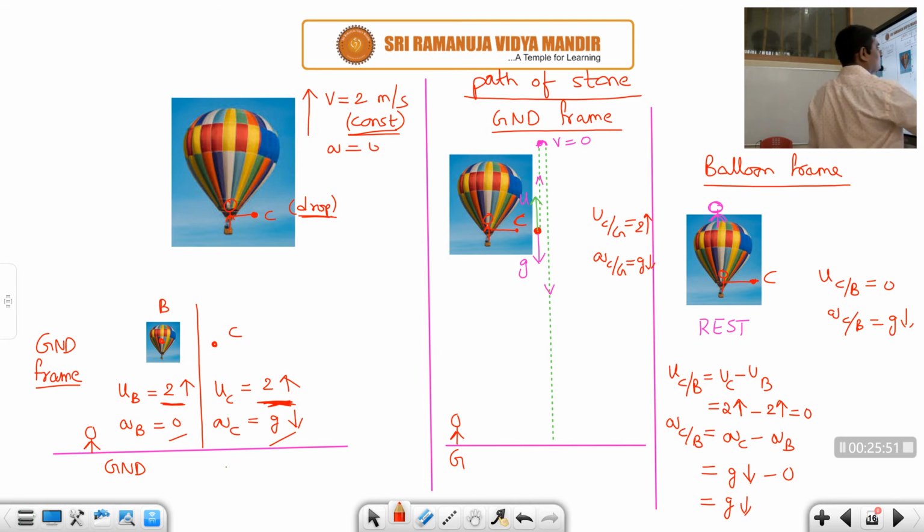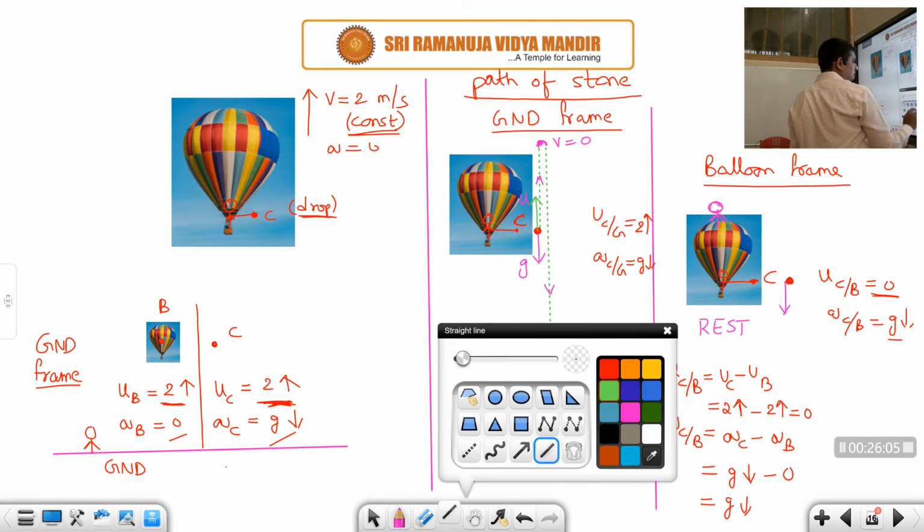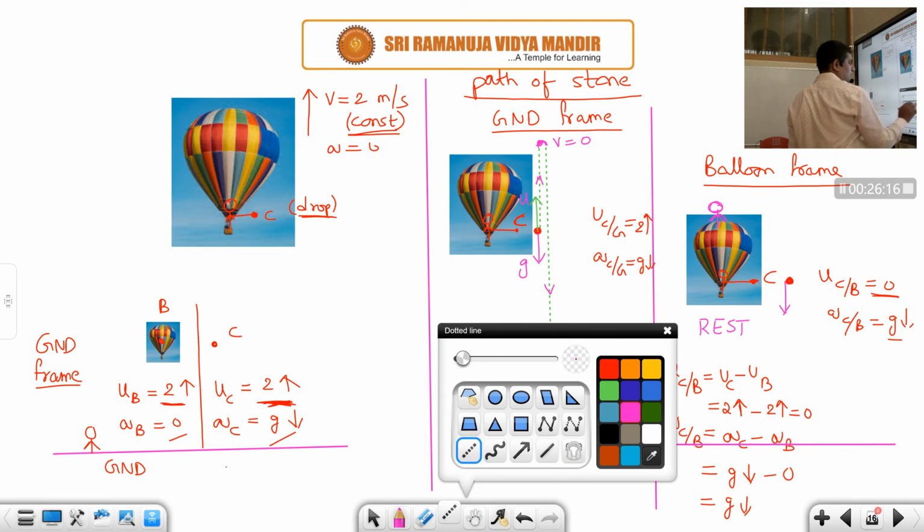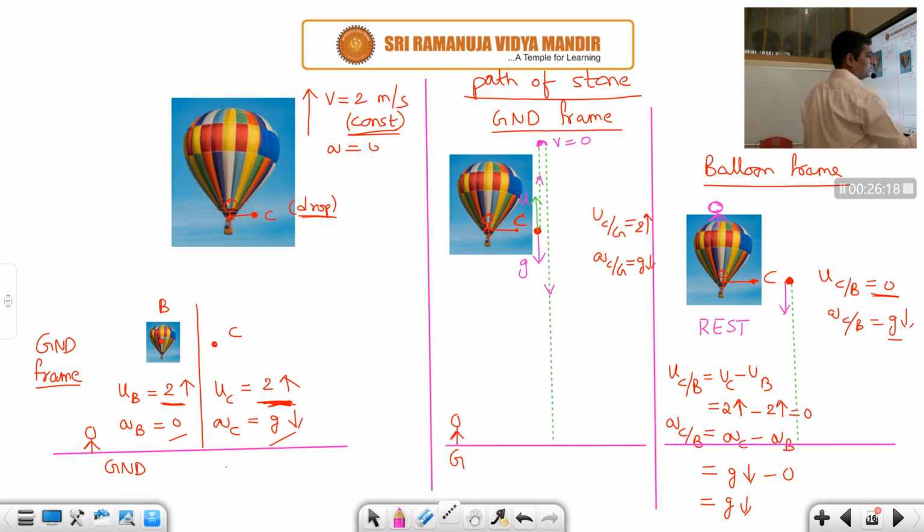So this coin is having initial velocity 0, but acceleration is downward, students. Acceleration is downwards, but initial velocity is 0. So what will happen, students? Suppose let us say this is the ground. If you take this as the ground, now the path of the body will be like this. Correct or not, students? So it will go straight like this.